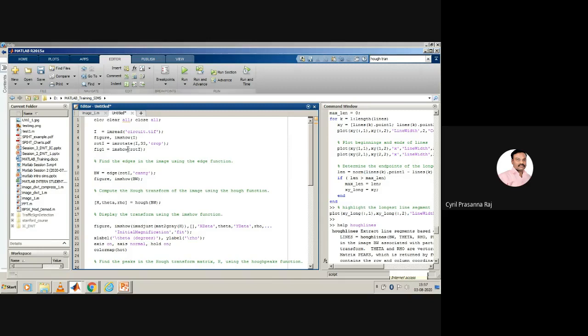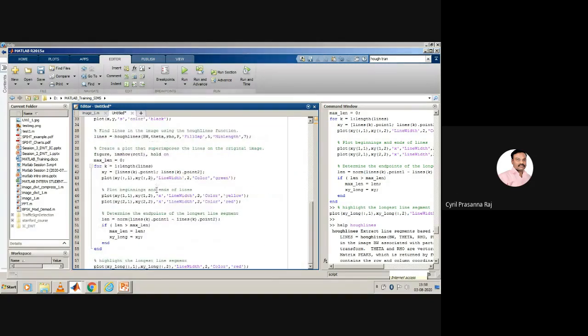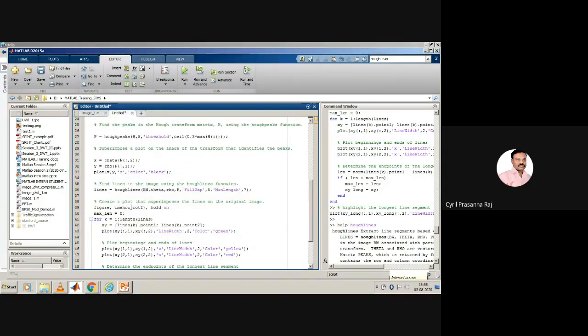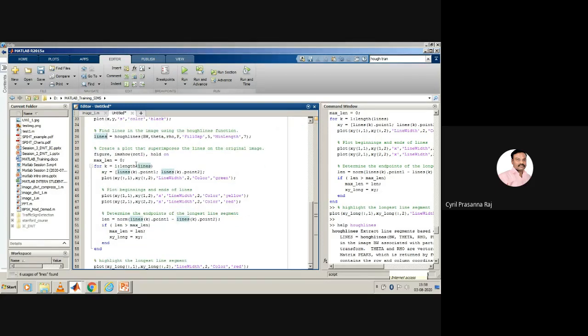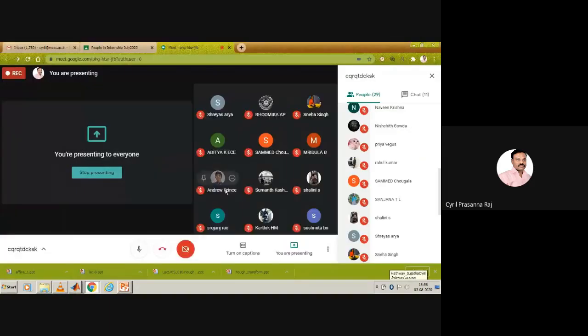Now, see, this program is also going to tell you lines. It is going to tell you the number of lines. So if you can count the number of lines using this simple program here, you can even identify the number of edges available in a given image. So now you can try this entire thing, and if you have further doubt, you can let me know. We will see how to work on this Hough transform. Is it clear to all of you? Yes. So we'll try doing this.